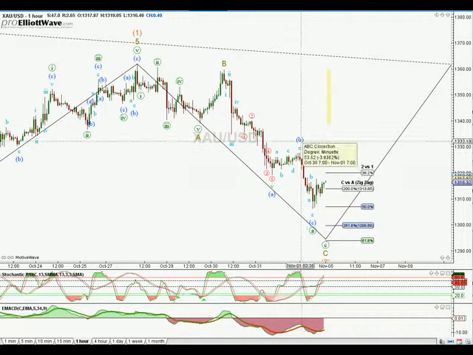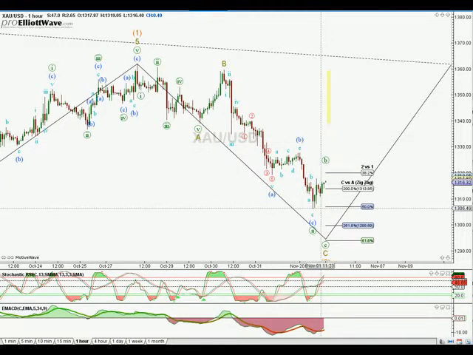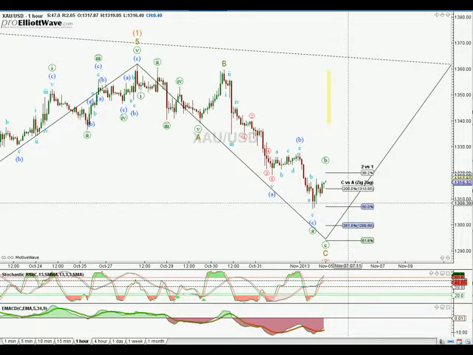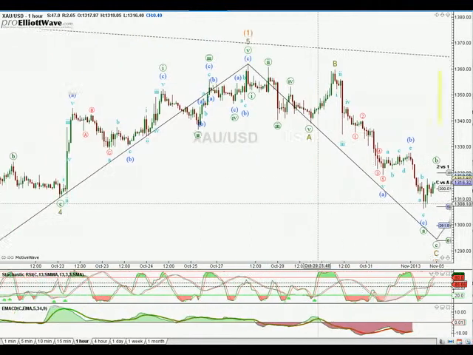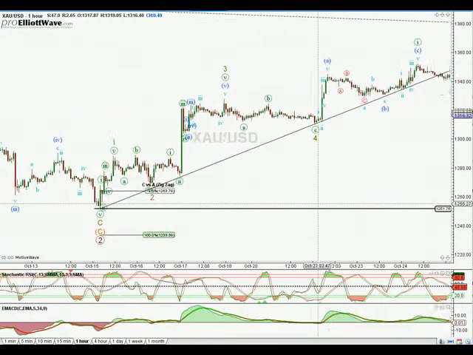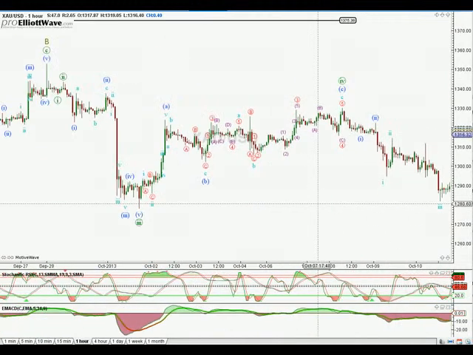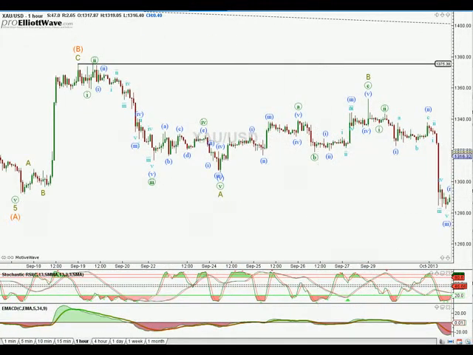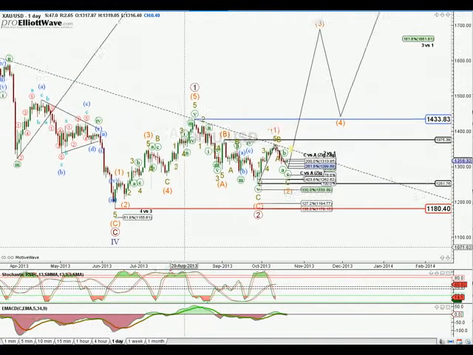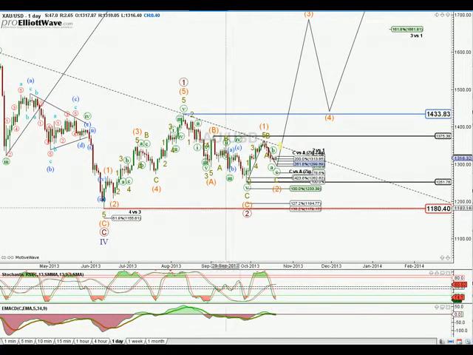As soon as a breakpoint is broken, for example, our wave count would no longer be valid if we take out that low of the 1 on that side. That's what Elliott wave is all about. At any point, if we pass below this level of 1180.40, we know that our wave count is not correct